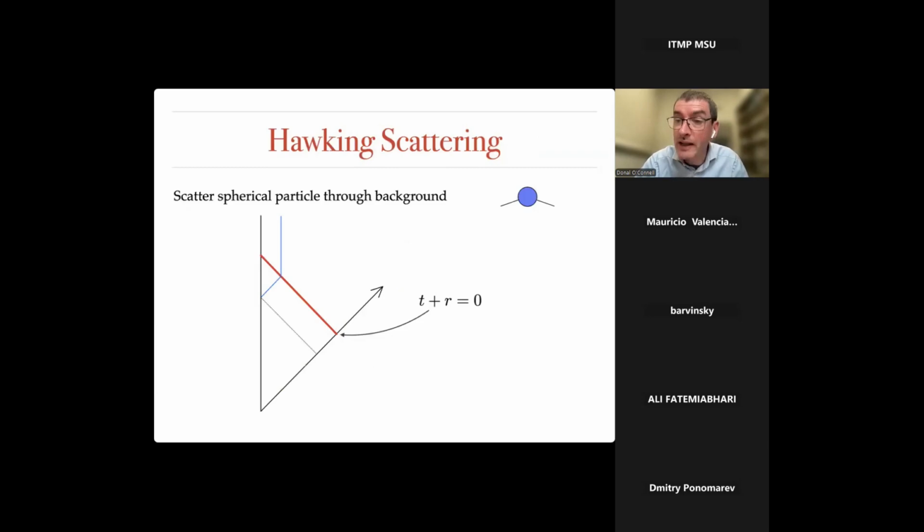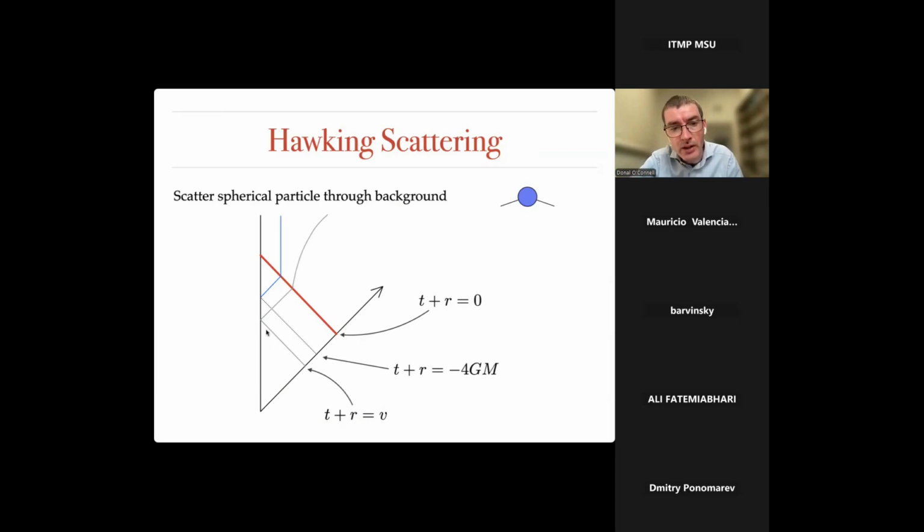Now it's a scattering process on this background, this Vaidya background. So here's the background again. We have this shell of infalling radiation at T plus R equals 0. The event horizon starts at a finite value of T plus R, minus 4 GM. It's a simple calculation to see the minus 4 GM there. Now, I'm going to scatter a particle through this background, following Hawking. I want the particle to come in and get out. So I must scatter it in so it's not behind the event horizon.